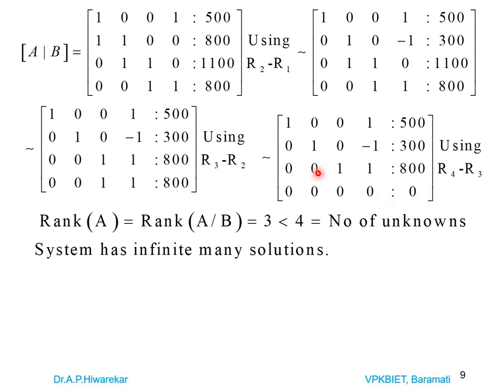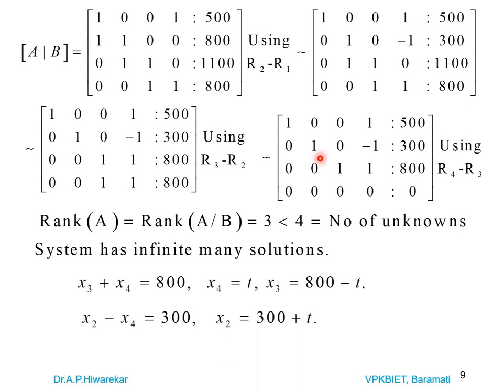So the last row is not useful. The last but one row means I3 plus I4 is 800. And in such a case, we assume the last variable generally as t. So we take x4 as t and we get x3 as 800 minus t. Then the last but one means the second row is